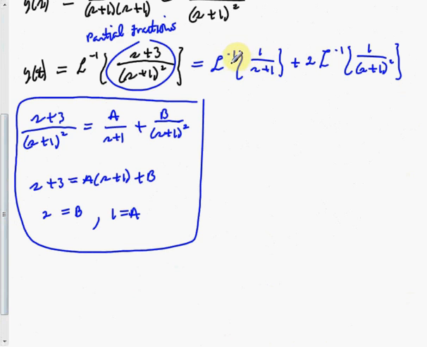Now, the inverse of 1 over s plus 1, well, that's just e to the negative t. So we have y of t is e to the negative t